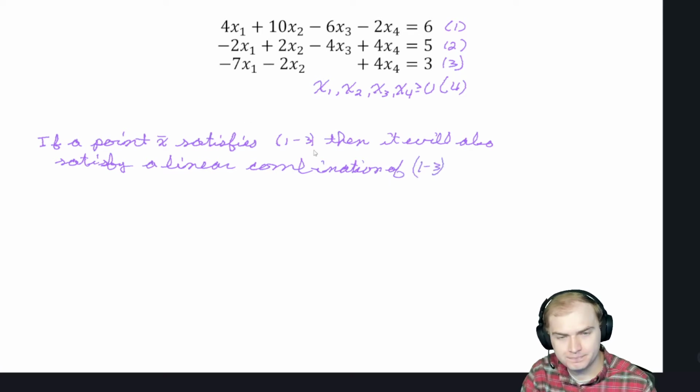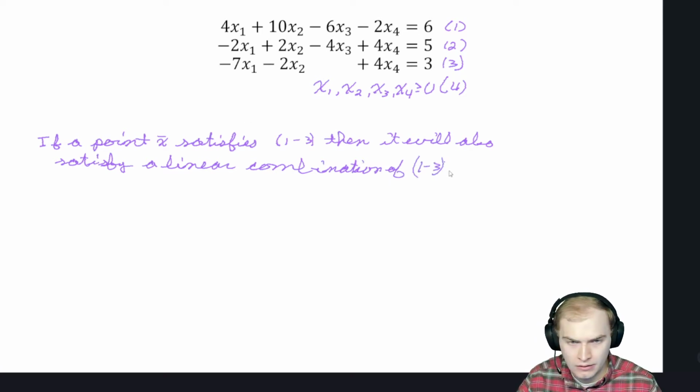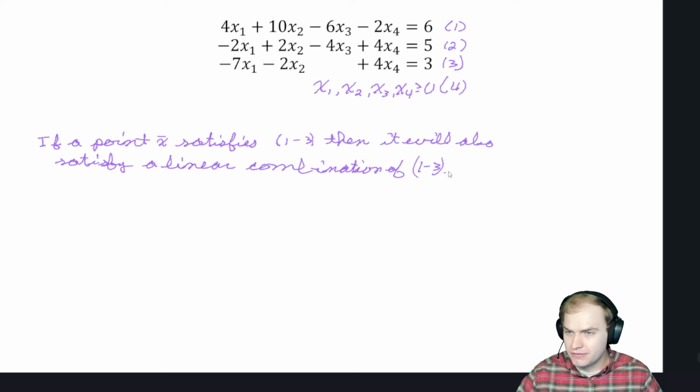You may not be familiar with this exact form of the statement, but if we remember from linear algebra,